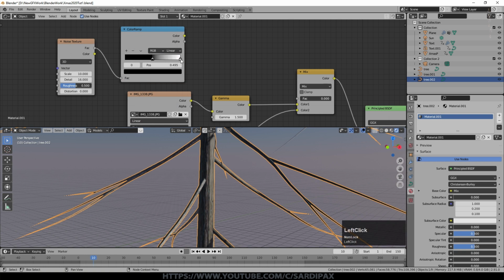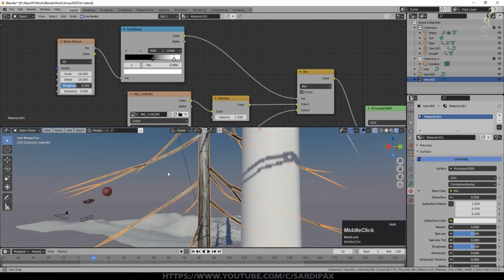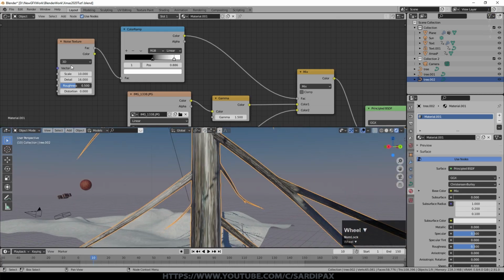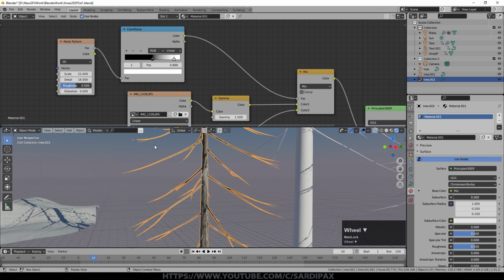Left it on linear, put the black slider about the middle and the right slider just down from the top a little bit, and then use that to control the factor. So the idea is that it will just give us areas where there's lighter color, where there might be frost or snow, and areas where it's more bark. You can see as I play with the scale how that affects the tree. We're not going to see these trees in detail, but it just gives you some variation on there.